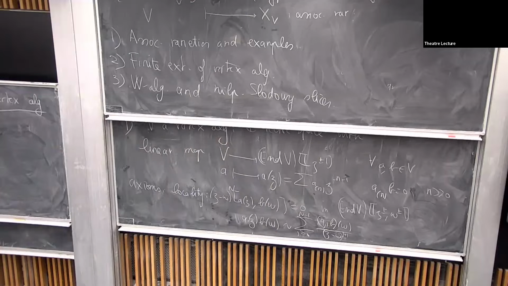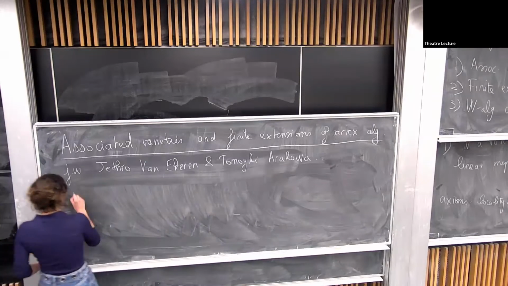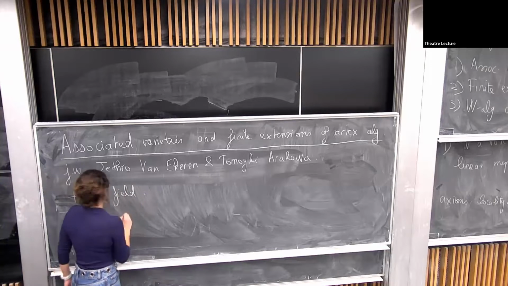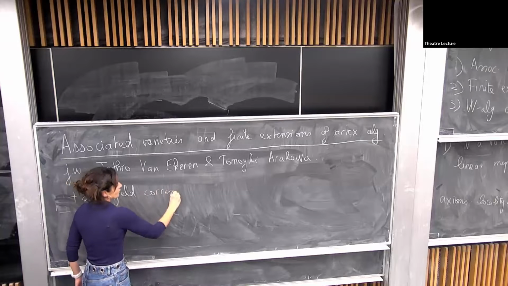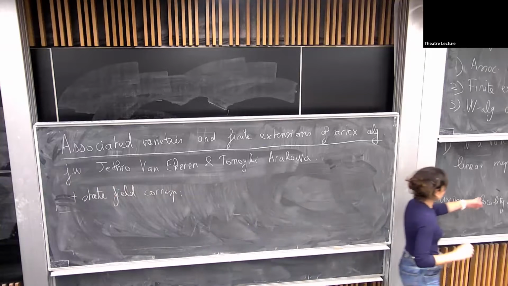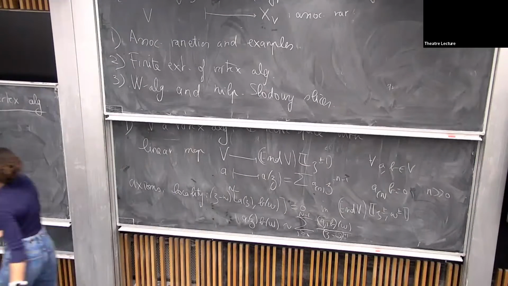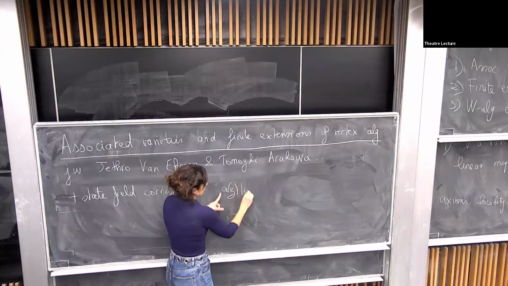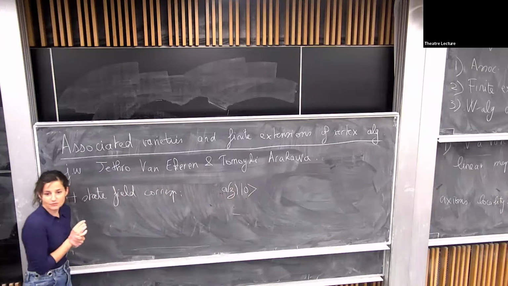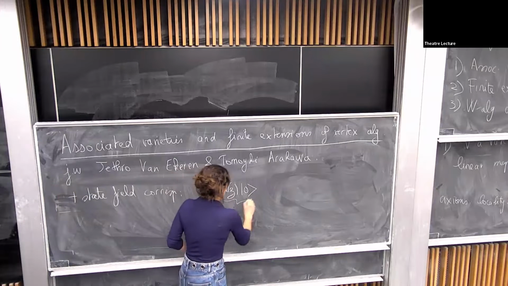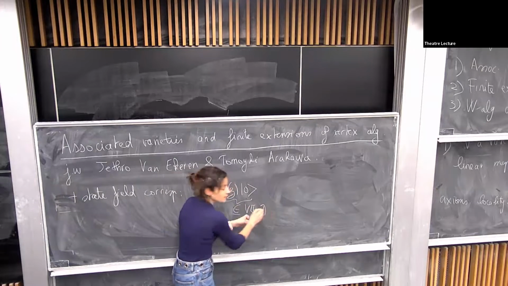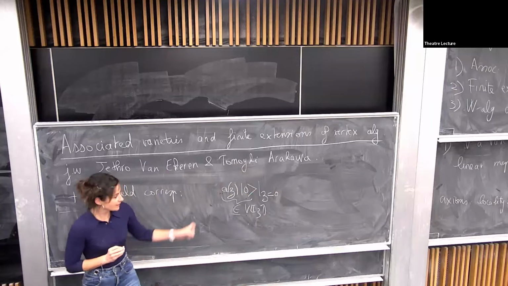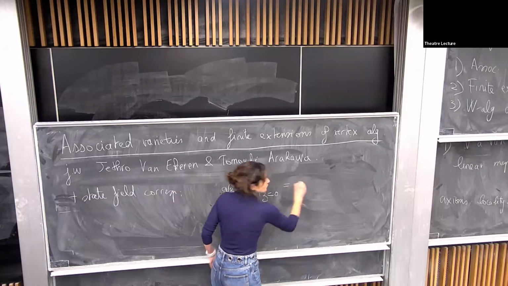You also have the state-field correspondence, which tells you that you can recover A from the corresponding fields. More precisely, if you apply your series to the vacuum vector, which is part of the data of your vertex algebra, this is a formal series with only positive terms, and so it makes sense to evaluate at z equal to 0. In this way, the axioms tell you that you must recover A.